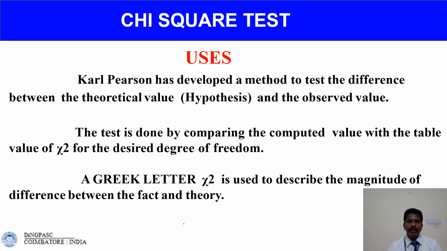Next, we are going to see uses of chi-square test. Karl Pearson has developed a method to test the difference between the theoretical value, that is hypothesis, and the observed value. The test is done by comparing the computed value with the table value of chi-square for the desired degrees